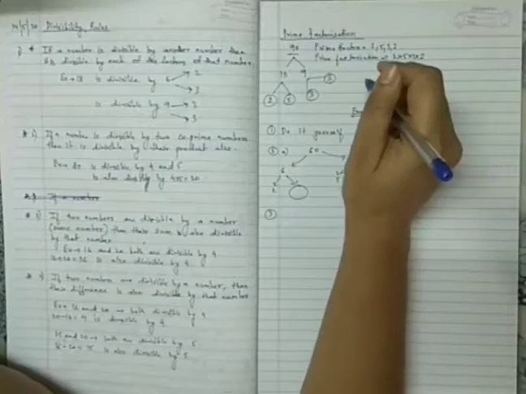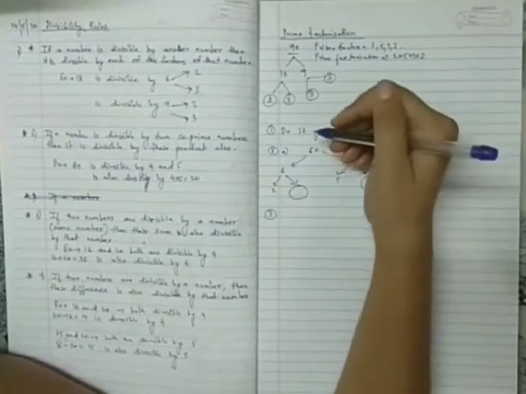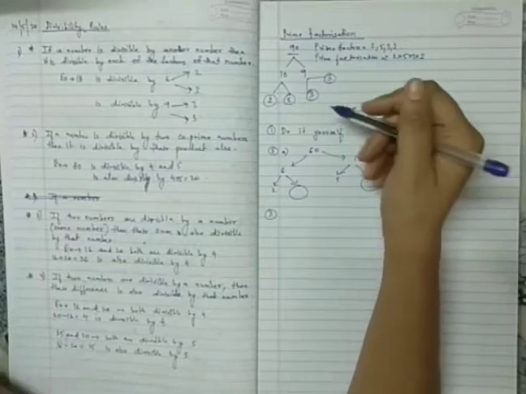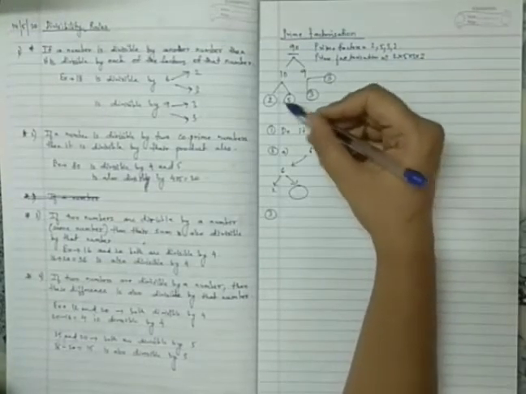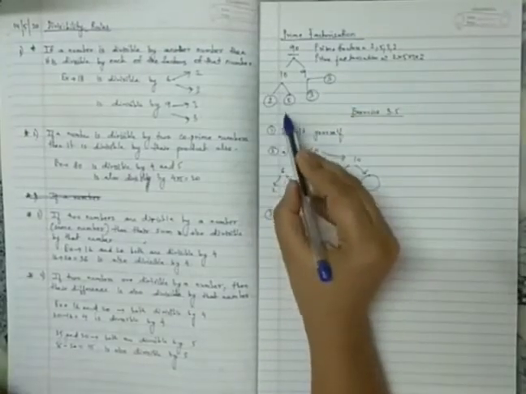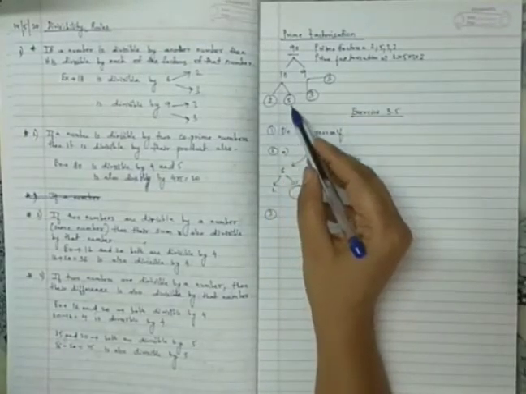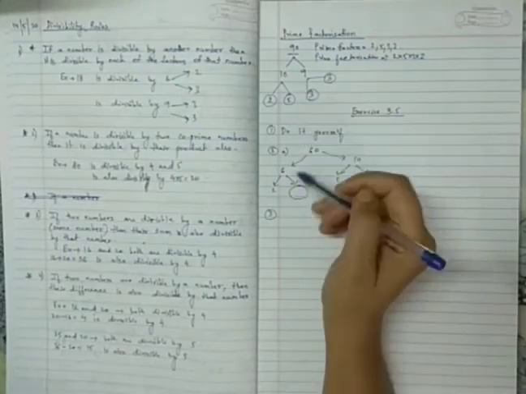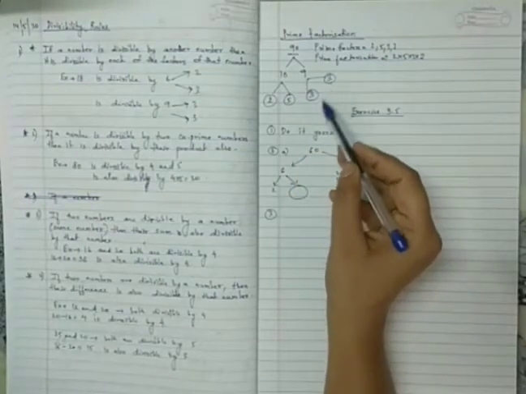Okay, now consider here, children. How do we determine which is the prime factor? Prime factors will be those factors after which the number cannot be divided further. Now, 2 and 5 are the lowest, after which these numbers cannot be divided further, right? 3 and 3, these are prime numbers.